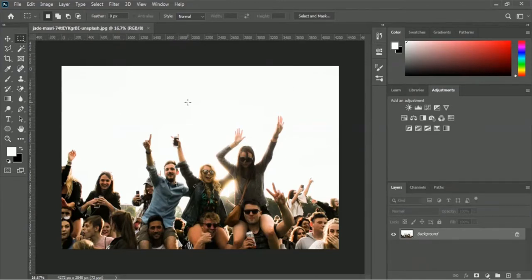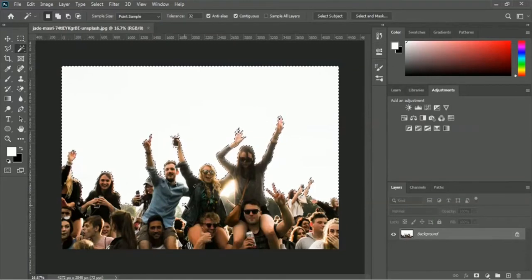So let's do that. At first we have to select the area where we want to add the background, and therefore we will use the Magic Wand tool. So here is the Magic Wand tool. You just have to click here, and I want to select this entire white area, and therefore I am clicking here. You can take a look. The entire white part got selected with the Magic Wand tool, but if you look carefully, here is a place and here is a place